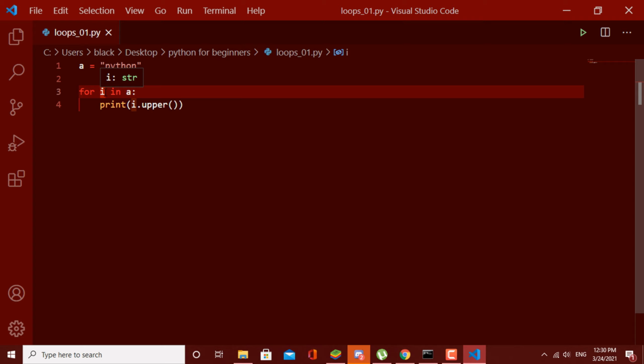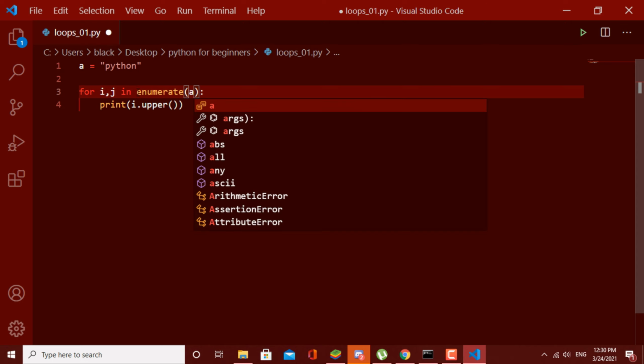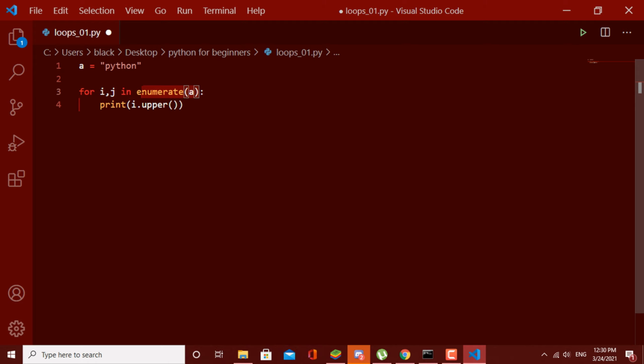I name them as I and J. Here this is not a now. This should be enumerate a. What does this enumerate function do is it is getting the index value and the real value of these characters when this loop runs.